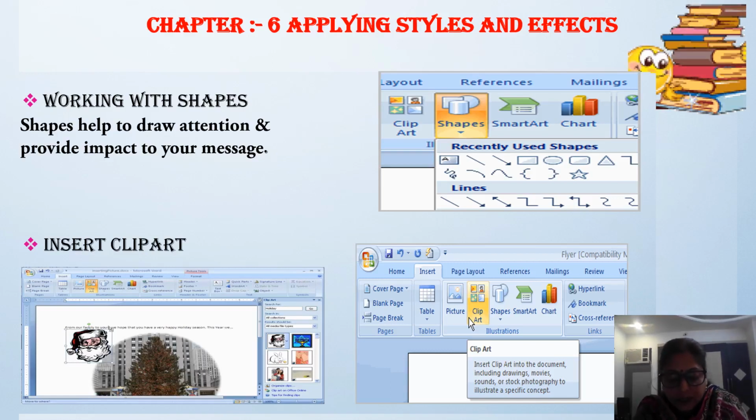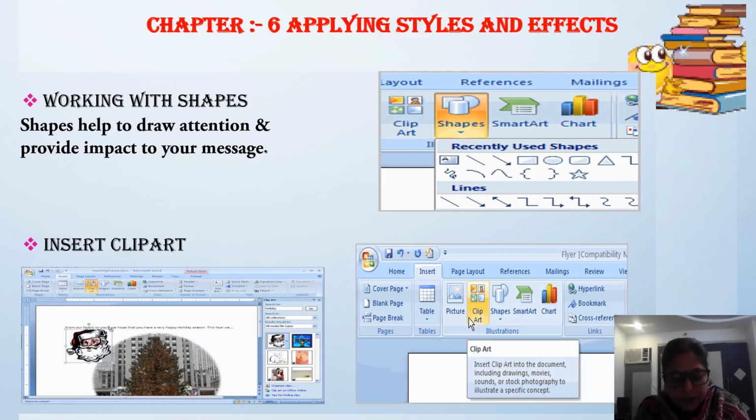This object, once added, can be resized, copied, moved or cropped easily. It's a unique feature again. With this feature you can use different kinds of images.